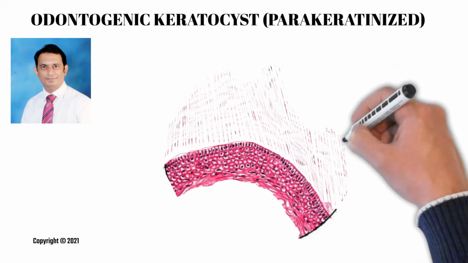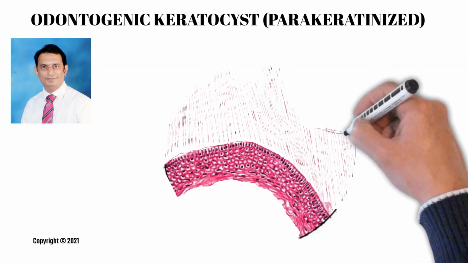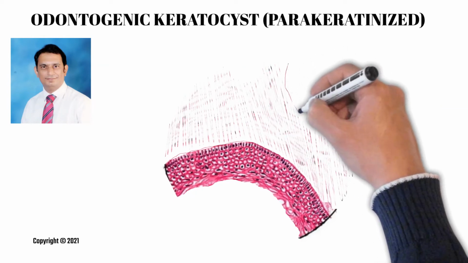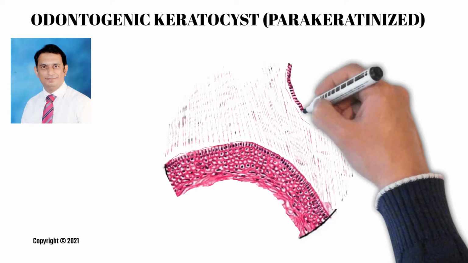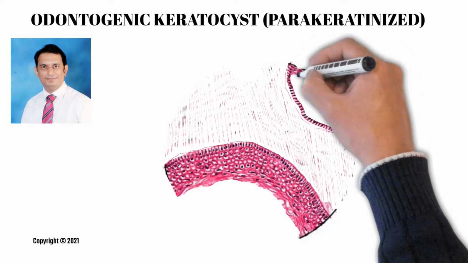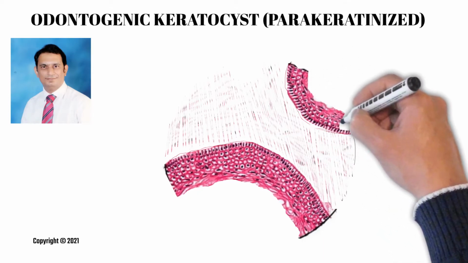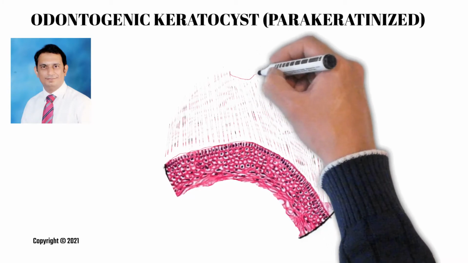The next thing you're going to draw is the satellite cyst. Now these satellite cysts are also known as the daughter cyst, and they are present in one or two in number. They consist of the same layers, that is the basal cells and the epithelial cells. They are present characteristically in the connective tissue stroma.